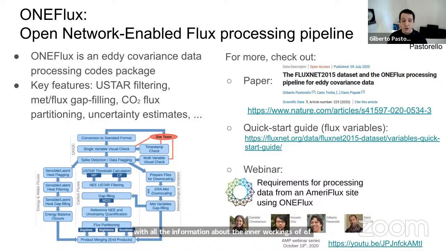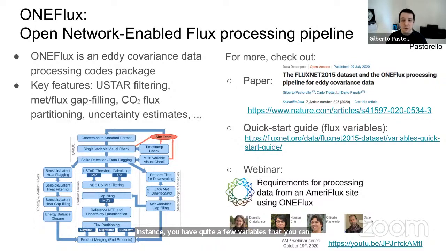Another thing I will mention, the second bullet point on the right here, is a quick start guide for the flux variables. When you open the data set, the partitioned fluxes for instance, you have quite a few variables that you can use, and they have different purposes.